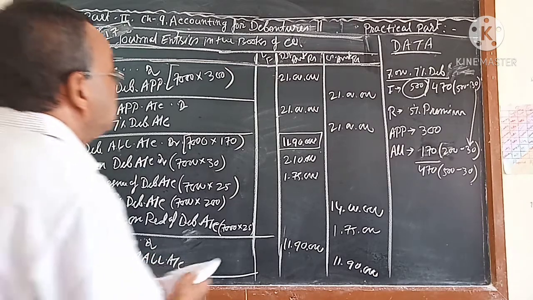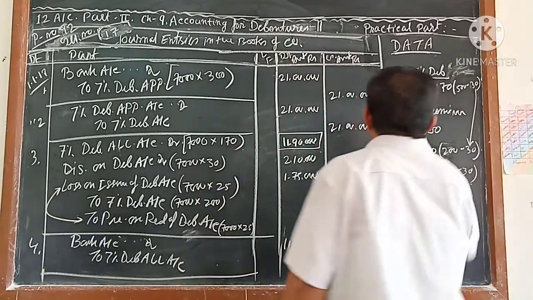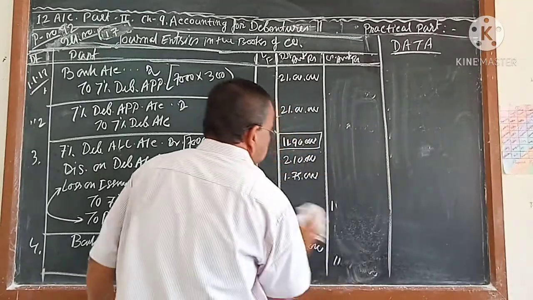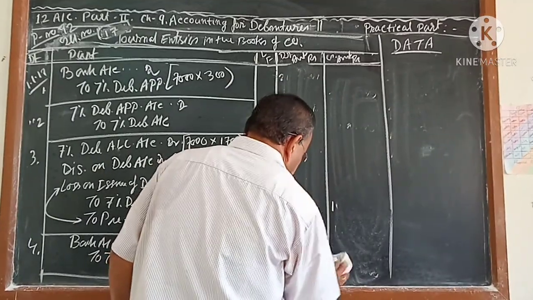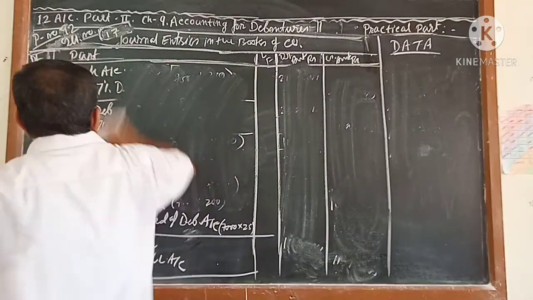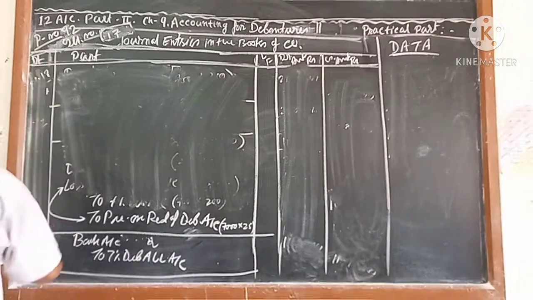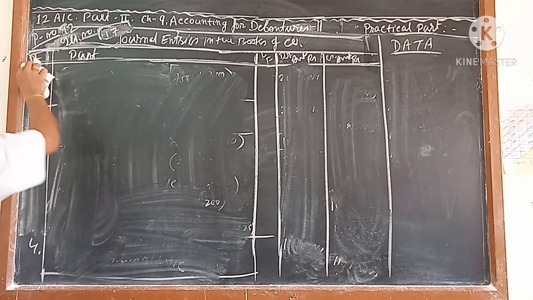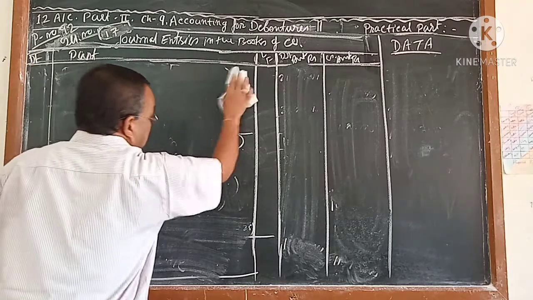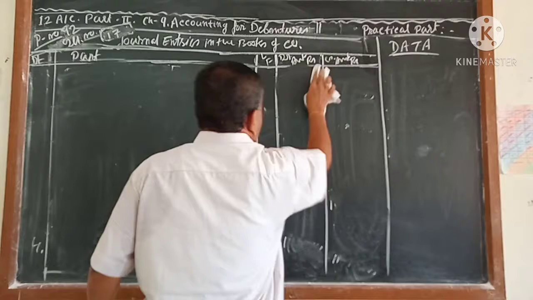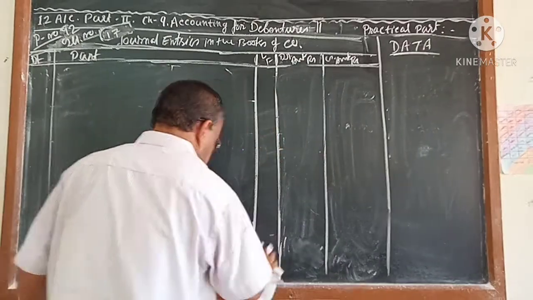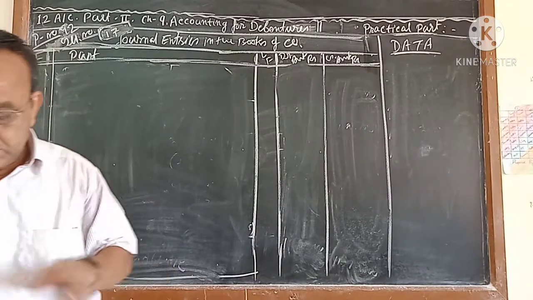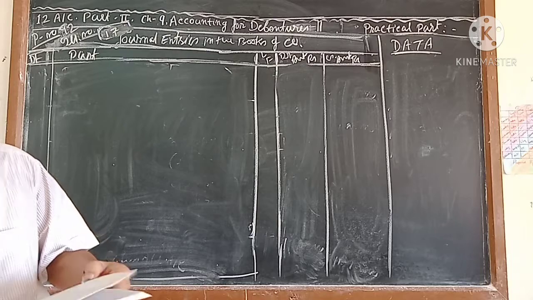Now I will tell you another sum. Now I am going to come to the sums from the exercise. In the previous video I completed a few sums from the exercise. Now I will start the sums from the exercise. Let you know what this exercise is: different types of sums are given, and that also you have to understand. So you find out the page number.